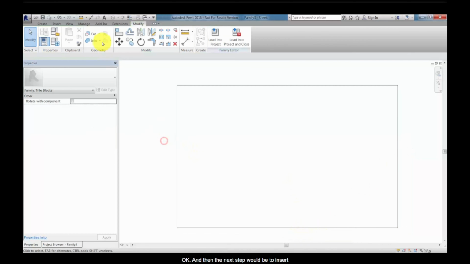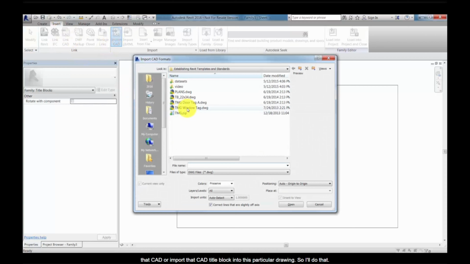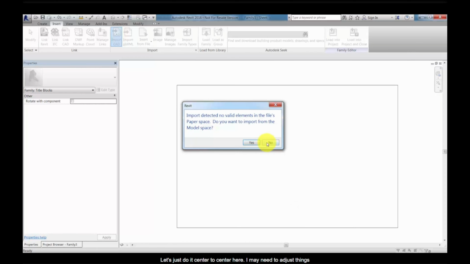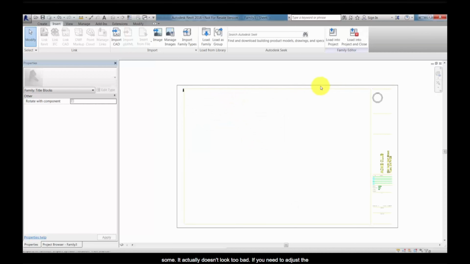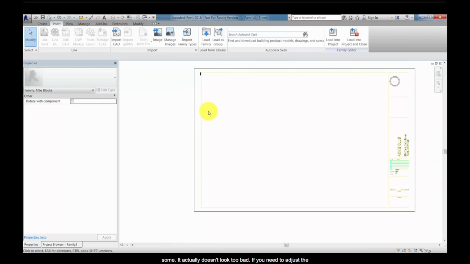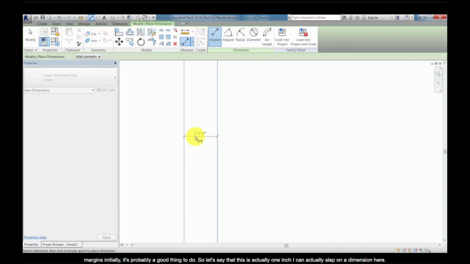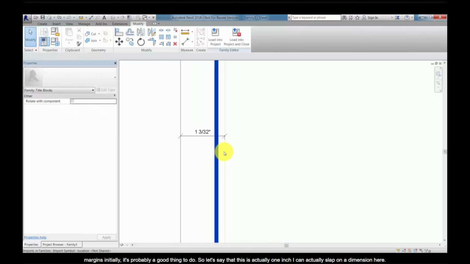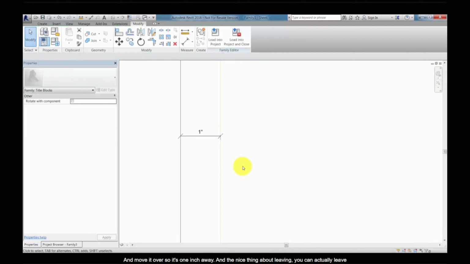Okay, and then the next step would be to insert, or import, that CAD title block into this particular drawing. So I'll do that. Let's just do it center to center here. I may need to adjust things some. Actually, it doesn't look too bad. If you need to adjust the margins initially, it's probably a good thing to do. So let's say that this is actually 1 inch. I can slap on a dimension here